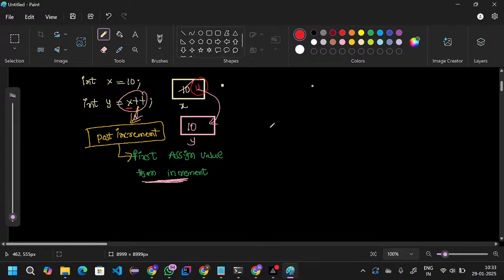And step number three, if it is post increment, first assign the value and then increment. After that, whatever x is holding, that value is assigned to y, and the x value is incremented by one. Finally the value will become 11. This is clear, right? Now in the same way, we'll try to understand